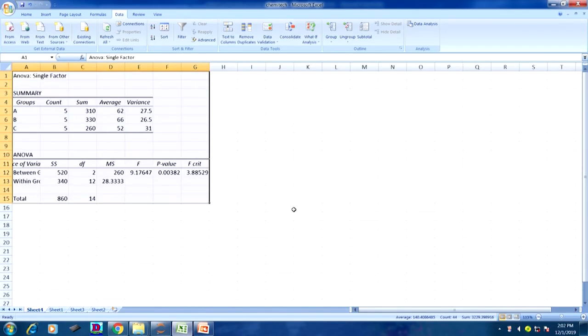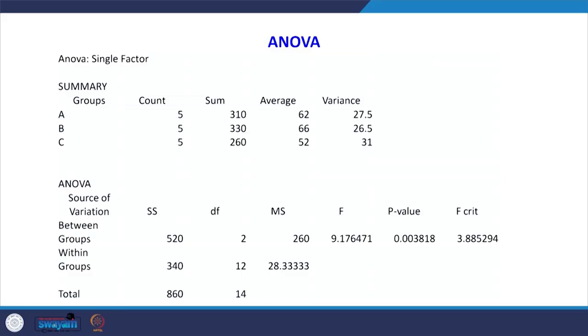What this means is, when I look at the p value here, it is 0.00382, that is less than 0.05. So, I will be rejecting my null hypothesis. When I reject the null hypothesis, all the 3 assembly methods are not producing equal results. This was the output I got. So, how to interpret this output? When you look at this p value, the p value is less than 0.05. So, I am rejecting my null hypothesis.